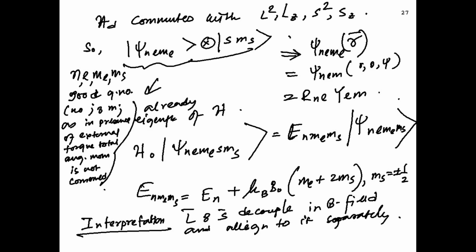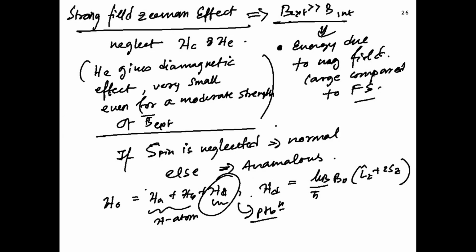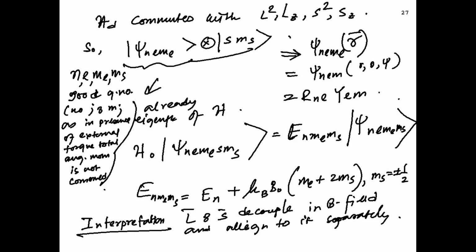Also notice that HD, that is Lz plus 2Sz, commutes with L squared, Lz, S squared, Sz. So as I said, one of the arts of solving this problem is to find a good basis. So we should work in the basis of Lz and Sz. So let us work with the full wave function, psi n l m_l, inner product with s m_s, all these quantum numbers,